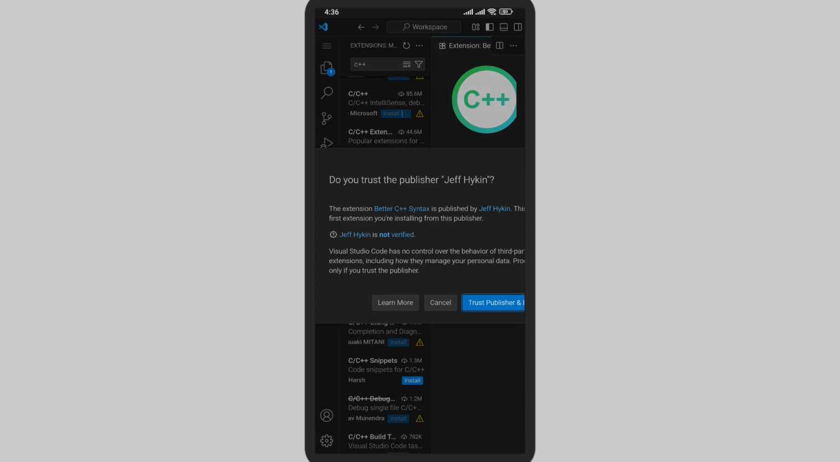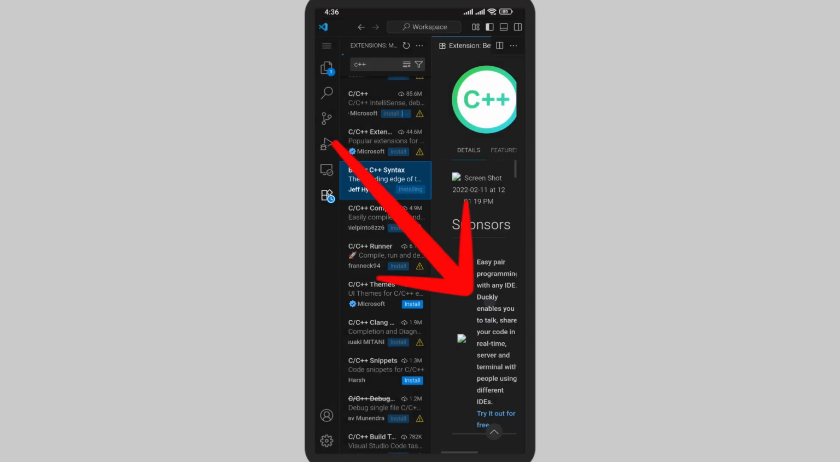So it will take some time, and later you'll be able to import C++ into this. Now tap on Trust Publisher, and it will take some time to get installed, and later you'll be able to use this